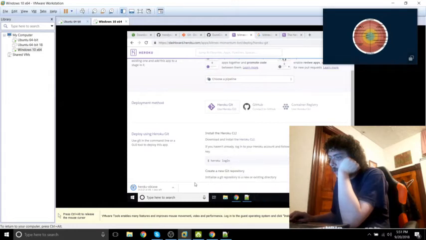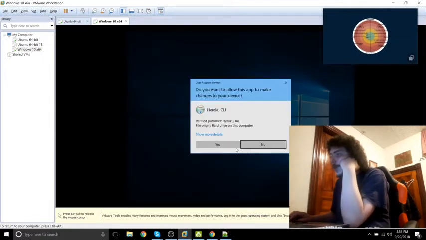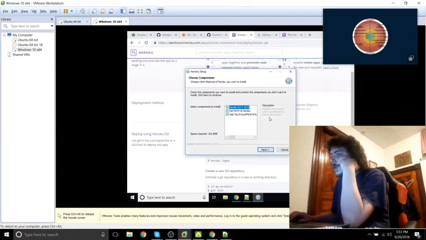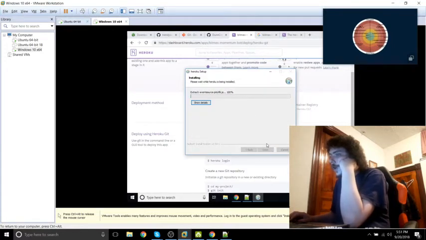We can't do it through GitHub, which is where I wanted to do it, and we will have it up on GitHub eventually once I can figure out the error. I do know how to fix it actually once I'm off the live stream, because I can definitely do it by putting my plain text password into the Git commands. I just don't really want to do that. So we're downloading Heroku here